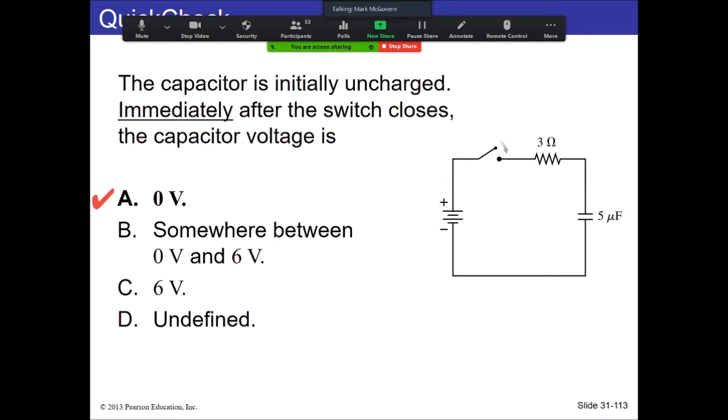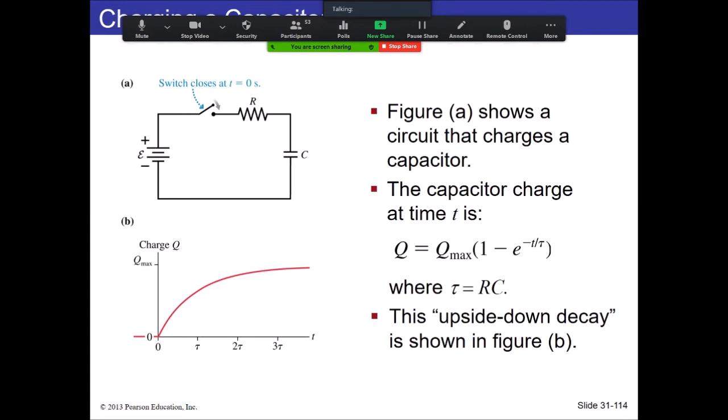some amount of time. Like this time constant here is 15 microseconds, so 15 times 5 is 75 microseconds. It's like 99% charged after 75 microseconds, right? So anyway, now